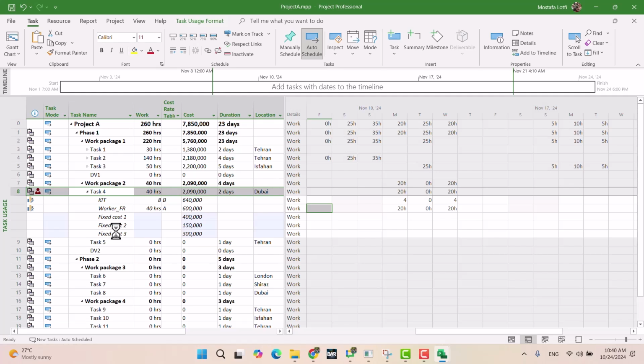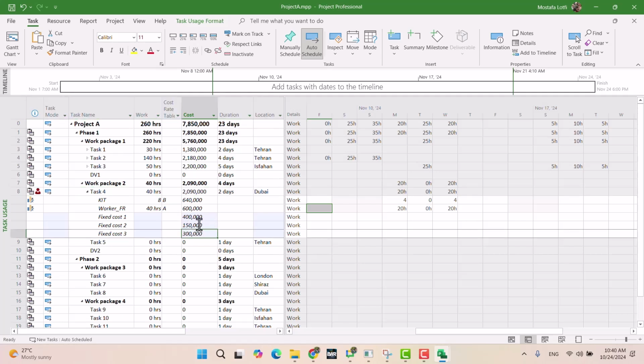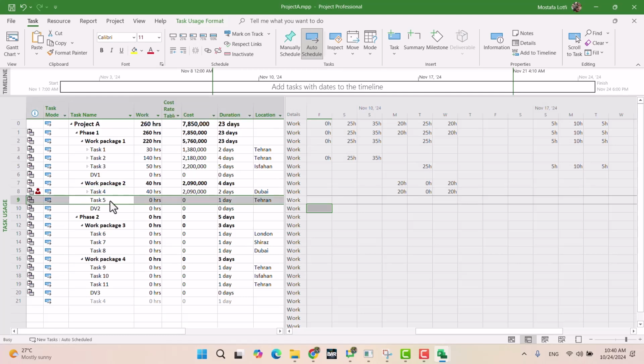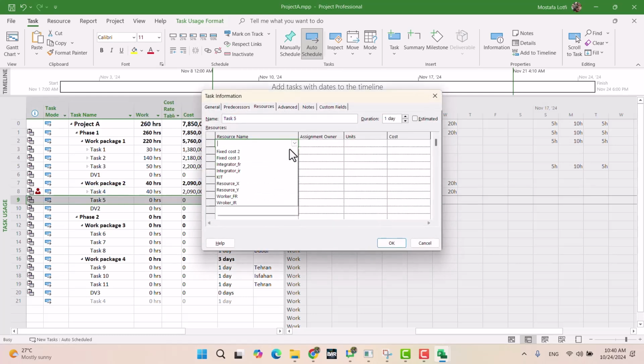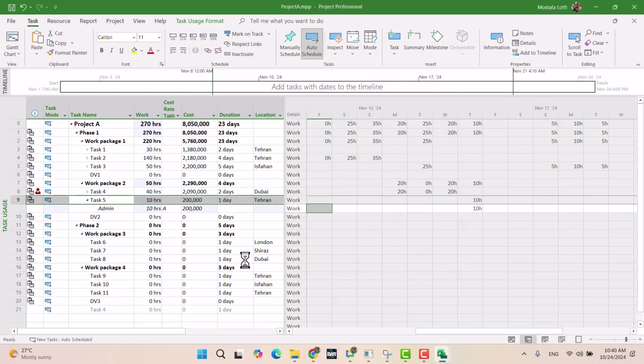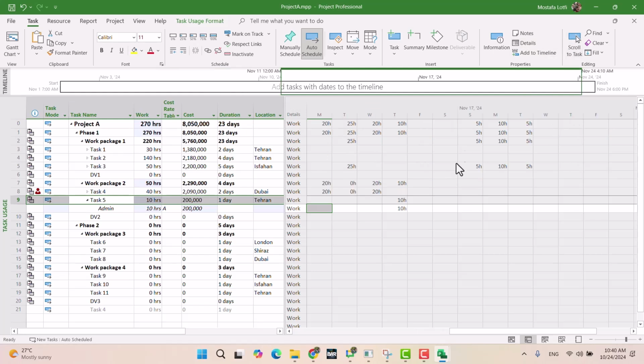What I have done, nothing. Okay, fixed cost. Okay, for task 4. Task 5, resource admin. Okay, because where is the admin task? Admin here, because although it's mentioned